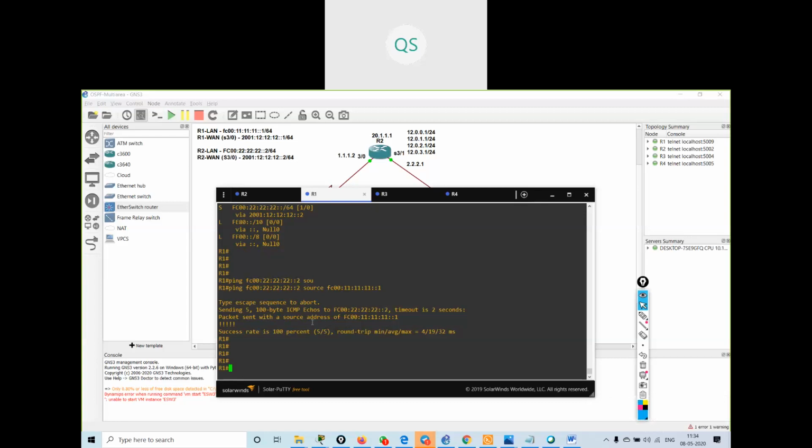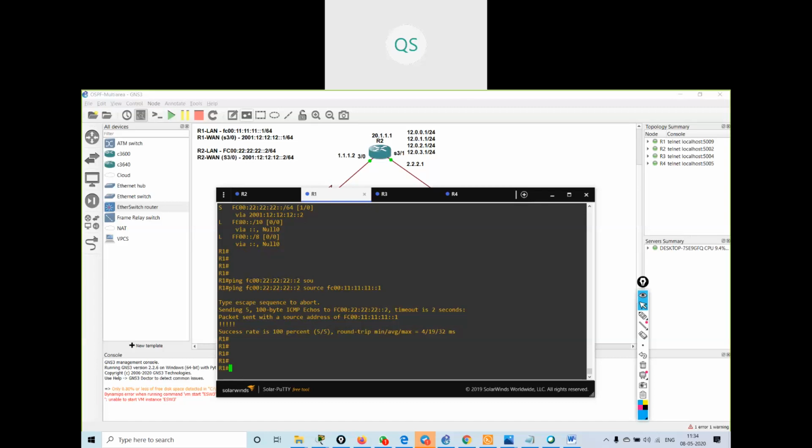Okay, now this is what we have studied at our CCNA level. Now we will be studying something more about IPv6 in our CCNP level.